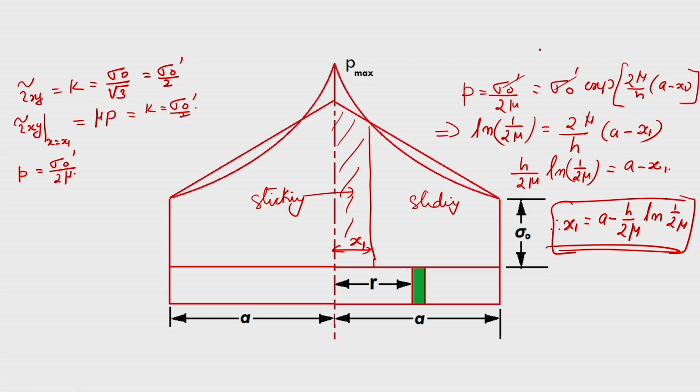Now, we can also just look at certain condition. So, in the sticking friction when you look at it, we can also find out what is the pressure. So, actual pressure should be like you have to integrate from x is equal to 0 to x is equal to x 1 considering the sticking friction and the pressure distribution, and from x is equal to x 1 to x is equal to a for the sliding condition. So, we have to find out how to determine this. We know the pressure distribution, but we can also find out for the special case of sticking friction.